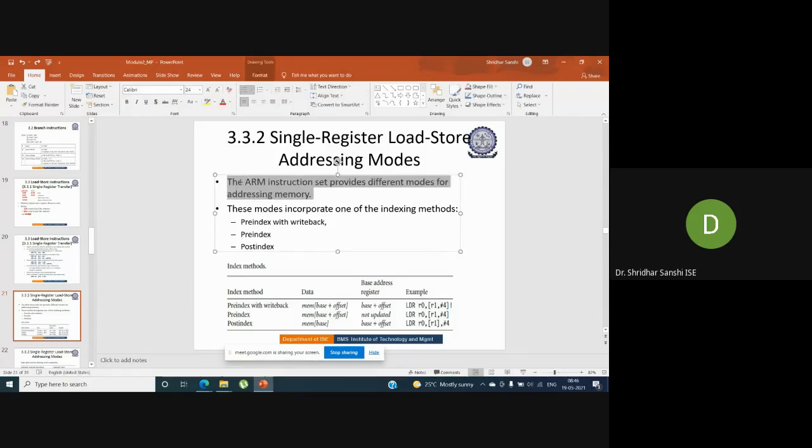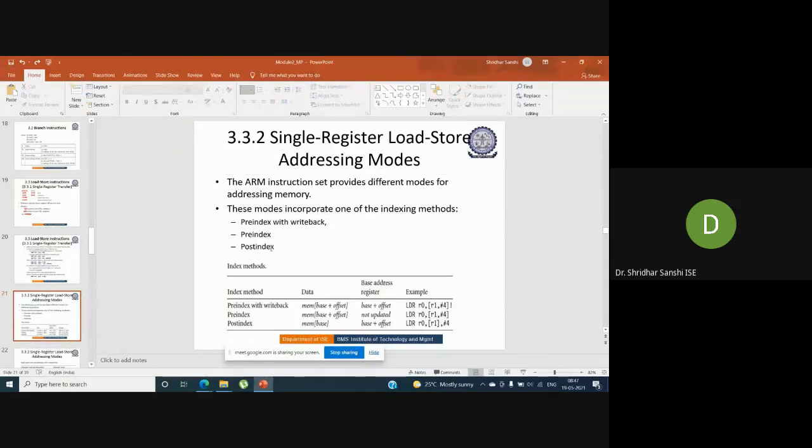So the ARM instruction set provides different modes for addressing memory. So what are the three modes? Pre-index with write back, pre-index, and post-index.